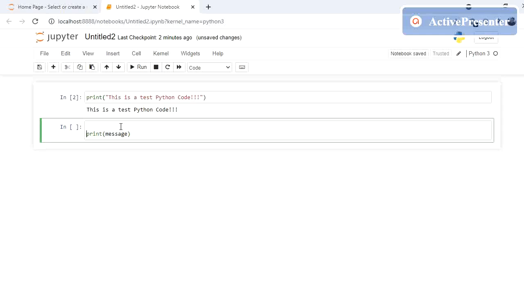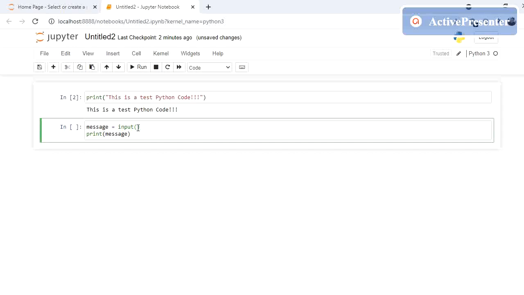Before printing the message we need to declare it. So message equals input. Message is a variable first. What is the value of the message? It will be an input from the user. That has to be written like this.